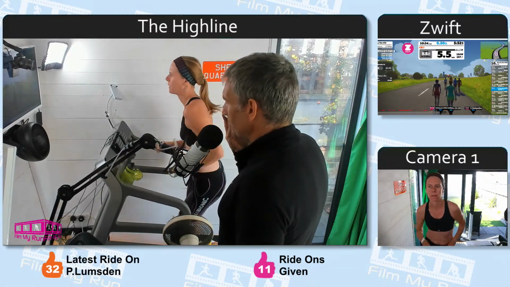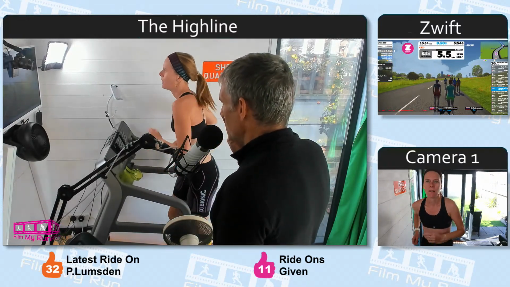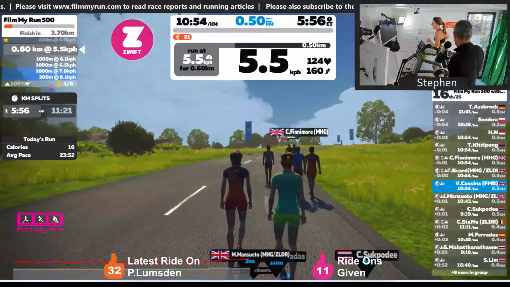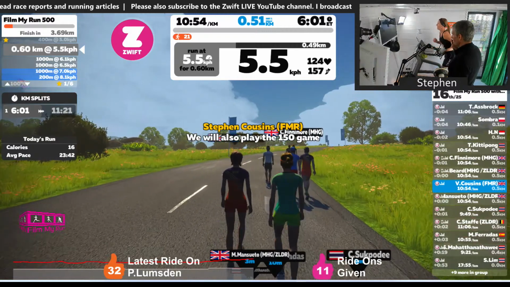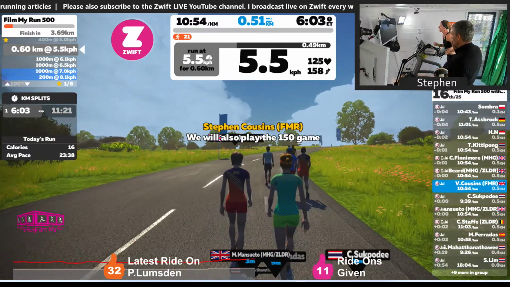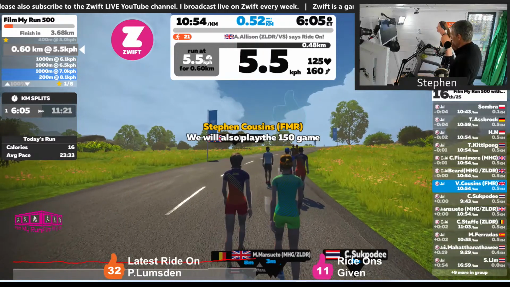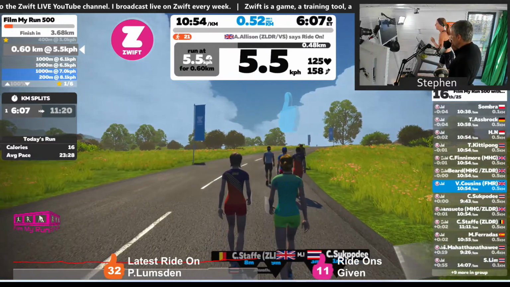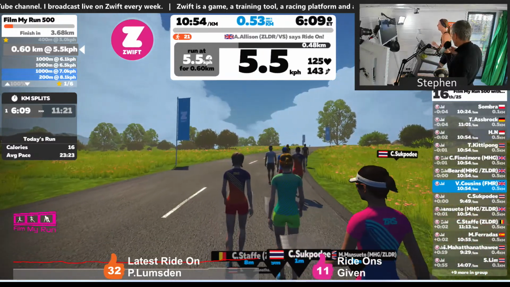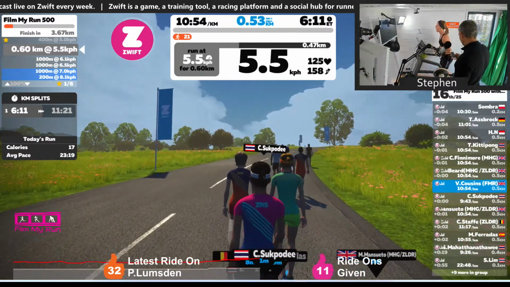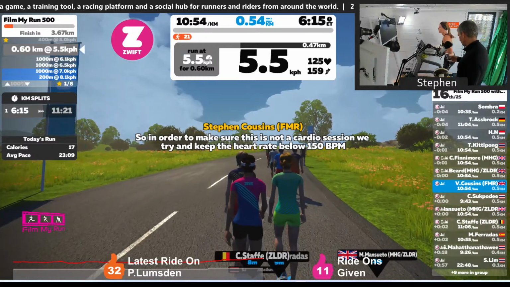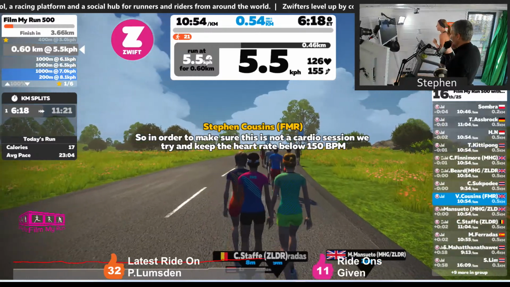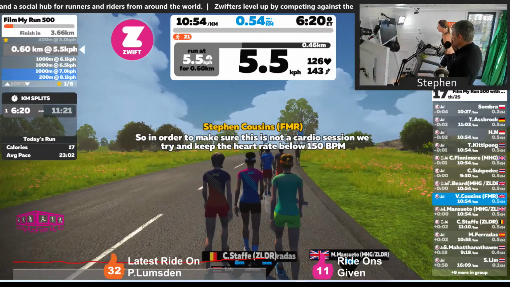We will also play the 150 game. So, in order to make sure this is not a cardio session, we try and keep the heart rate below 150 BPM. We are working the legs, full stop.